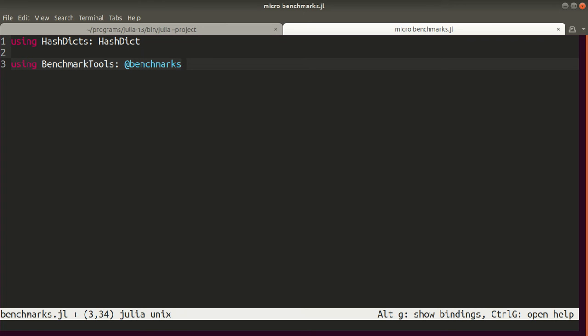Okay, so we'll create a bunch of benchmarking functions. It's going to take a D, which is going to be any of the dictionaries we have, either #Dict or the Base.Dict. So this function will be